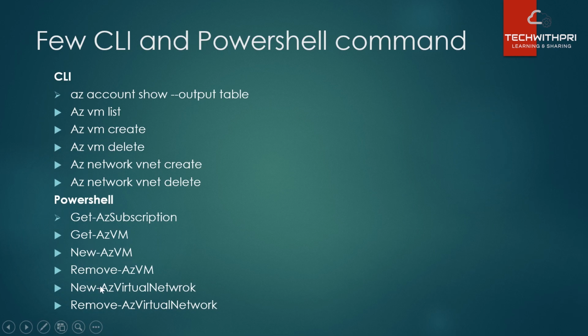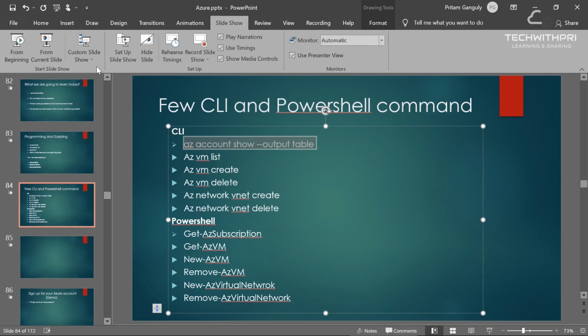and the dash is very common in PowerShell, you can see, and in CLI we do not have the dash. To create a VM in CLI, we just need to use az vm create, az vm delete. In this way you can remember this, and it would be very easy. The more you practice, guys, the more you will remember. That's the simple technique. Nothing rocket science. It's pretty simple to remember. It's totally in English.